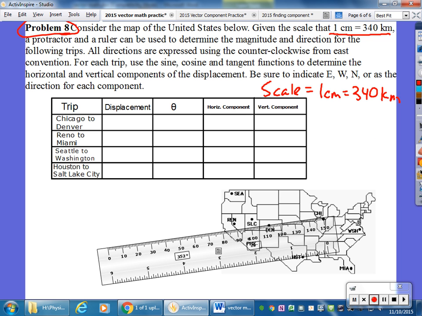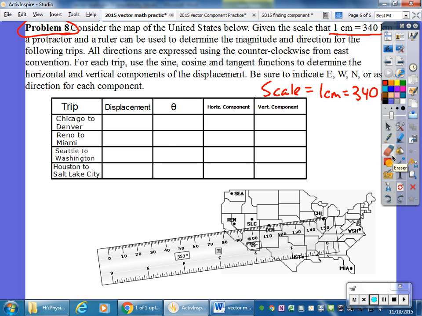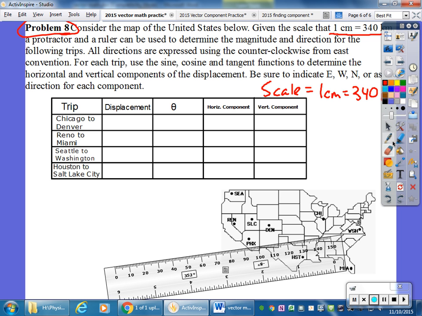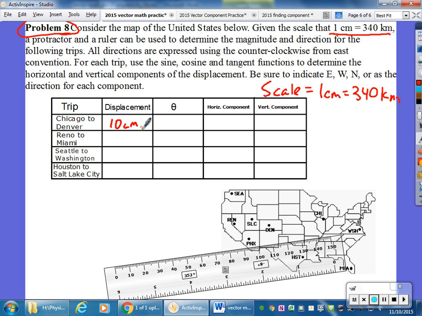But you won't need your distance because you're going to need displacement and the horizontal and the vertical components of that. So you're going to measure the vector, you'll measure the magnitude and the direction using your protractor and your ruler. This is your magnitude, and I'm just going to make these numbers up because I don't have them handy. So let's say this was 10 centimeters. Let's say the direction of this one, it looks just below the horizontal,